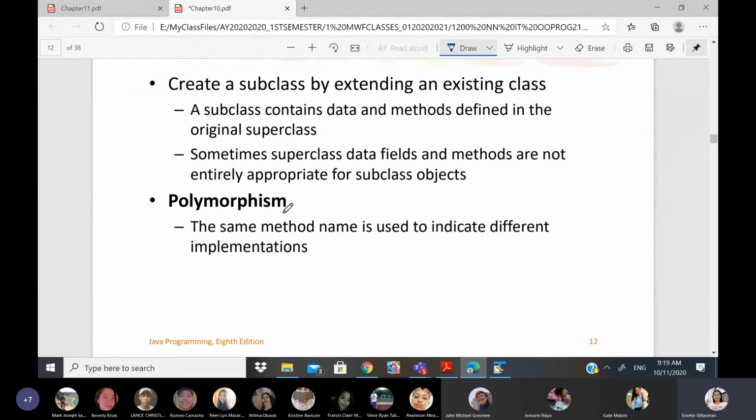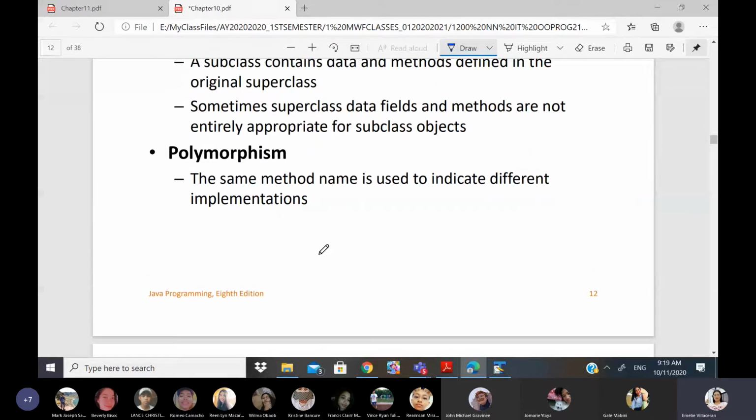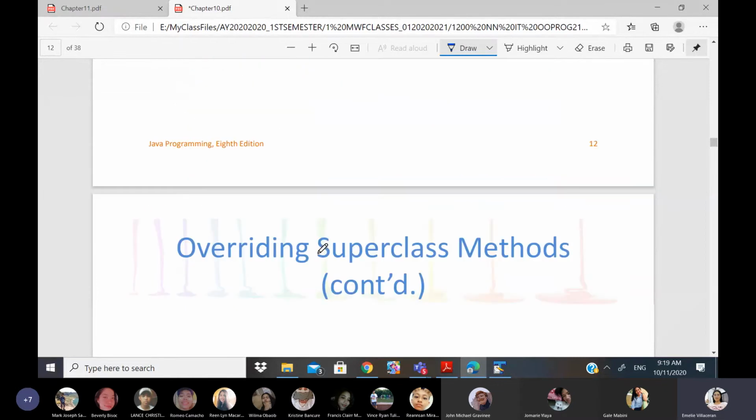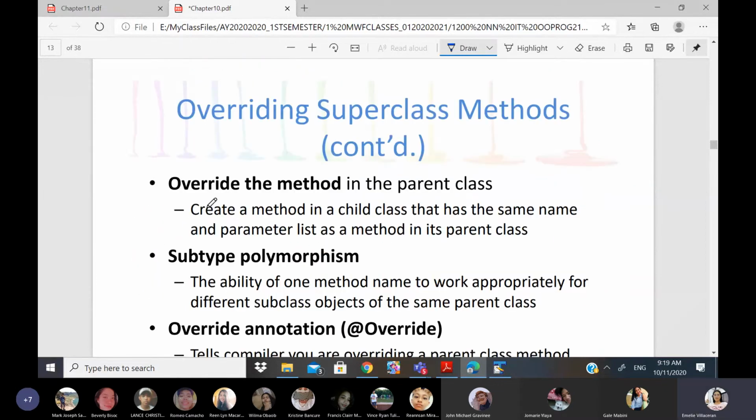Polymorphism is one of the features of Java because there are really terms or methods that have the same name but have different operations or different implementations. Managitawag og polymorphism. So that will be shown to you once maabot na ta og abstract and interfaces. So when we say override the method, you are creating a method in a child class that has the